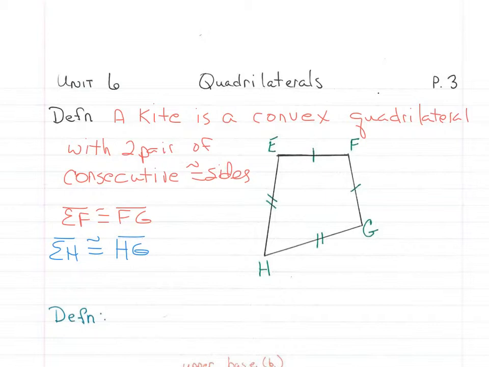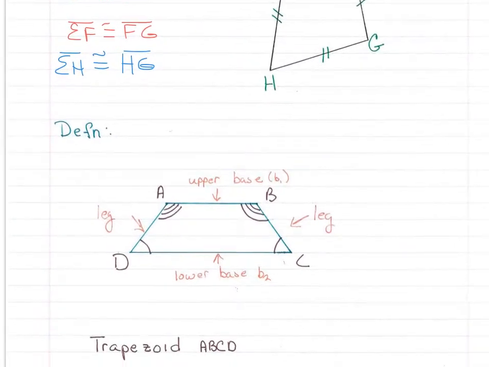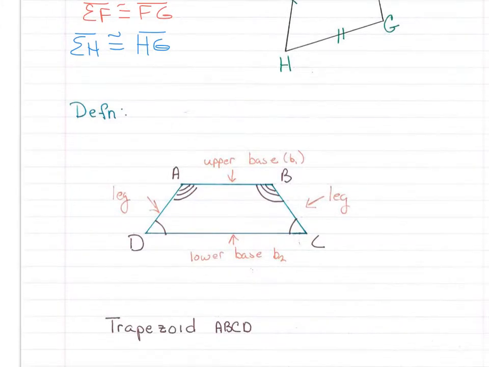It's not a parallelogram, so we can't use the definition of a rhombus, two consecutive sides. So with a kite, two pair of two consecutive sides are congruent. Do you know what that figure is? It's a trapezoid. All right, a trapezoid